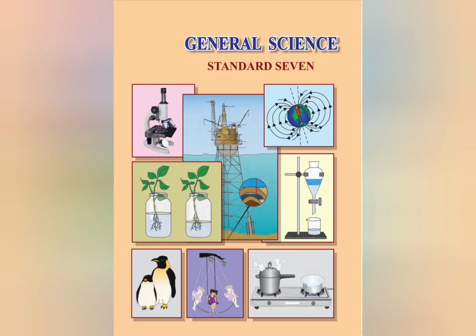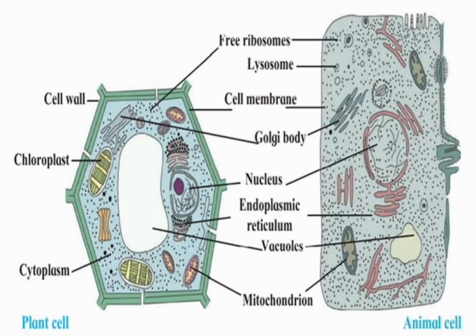Hello. So today we are going to start with the next part of lesson number 11, cell structure and microorganisms. So let's begin. You can see the figure here, plant cell and animal cell. We are going to study the cell and its four main parts with the function of the four main parts. The cell has four main parts: the cell wall, cell membrane, cytoplasm and cell organelles.